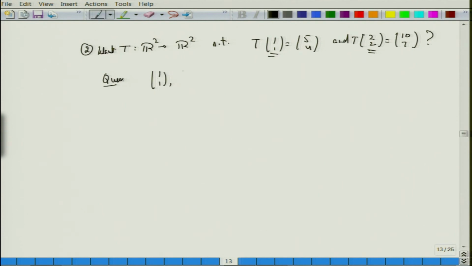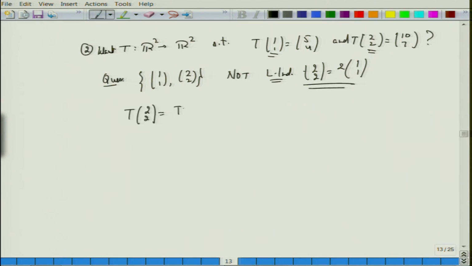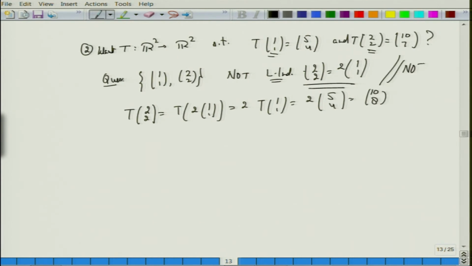If I look at (1,1) and (2,2), they are not linearly independent. Not only that, we can say that (2,2) is 2 times (1,1). So by definition of linear transformation, T of 2 times (1,1) should be equal to 2 times T of (1,1), which should be 2 times (5,4), which is (10,8). These two are not equal. Since they are not equal, you cannot have a linear